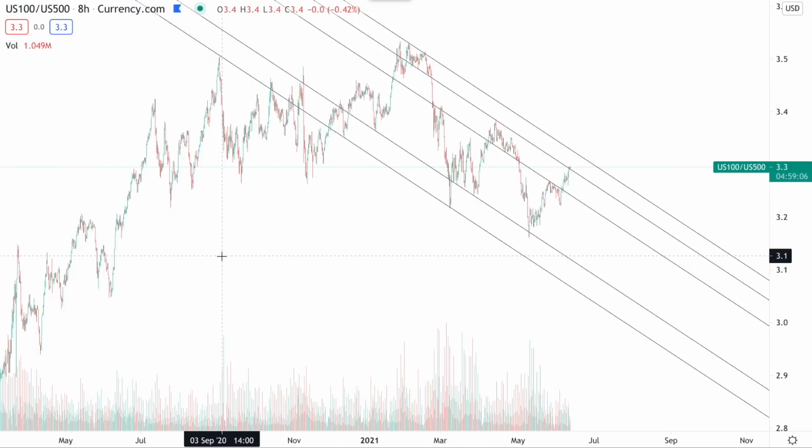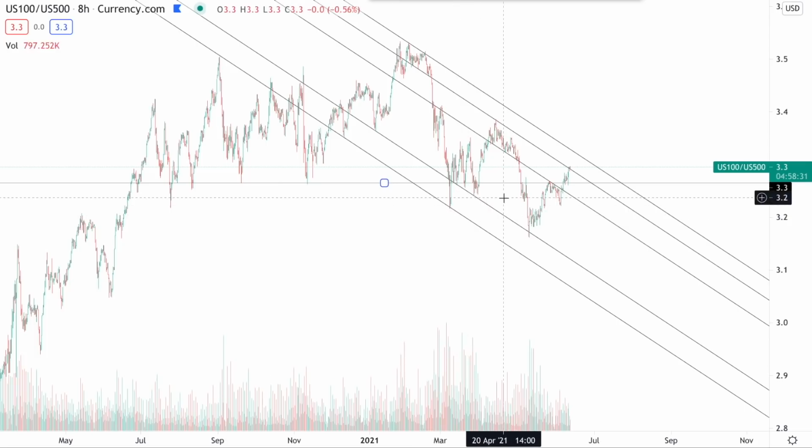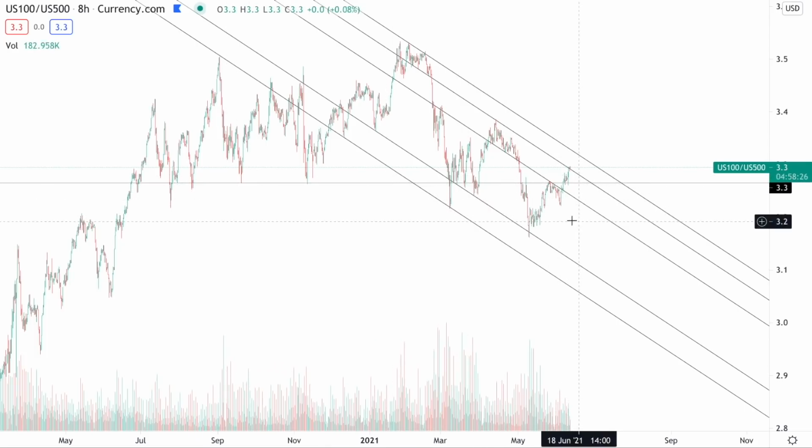Now, we're not trying to make radical predictions in our analysis. We try to follow the highest probability trades, and in order to do that, you have to follow the trend. You have to follow the chart that's in front of you. For now, the tech sector is still in a downtrend relative to the S&P 500. We do have a couple of bullish developments. We had a nice impulsive breakout here back above this line of resistance, so that looks like a kind of bear trap here. You can see that's a bullish development.